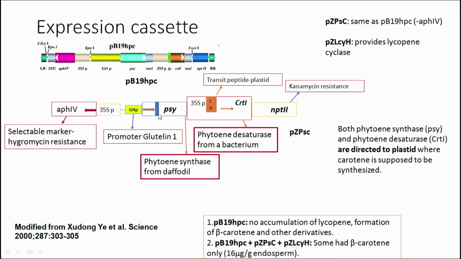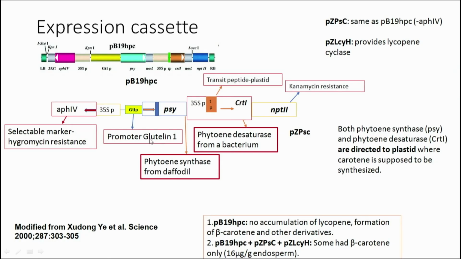Okay. And this leader peptide, incidentally, the PSY is from a plant, daffodil, this particular gene, and this CRT1 gene is taken from Erwinia, which is a bacterium. Okay. Because in genetic engineering, you do have a possibility of introducing genes from any particular source. So, now you have in this expression cassette this PSY, that is phytoene synthase, because it has a leader peptide in front of it. Alright, this was already a plant gene from daffodil.